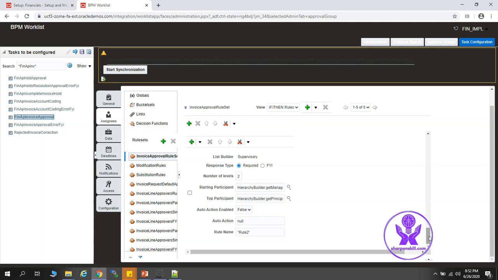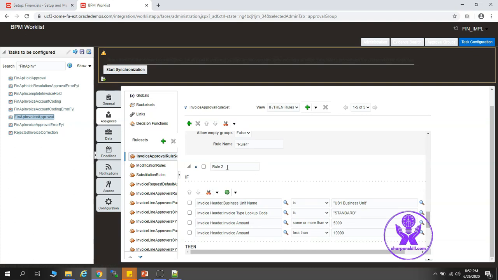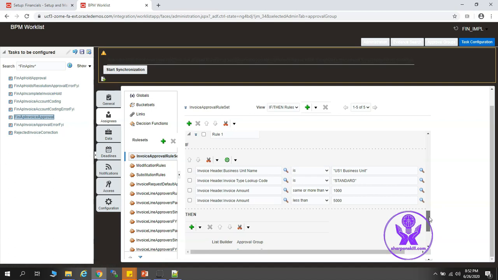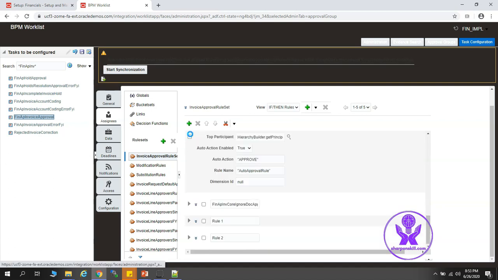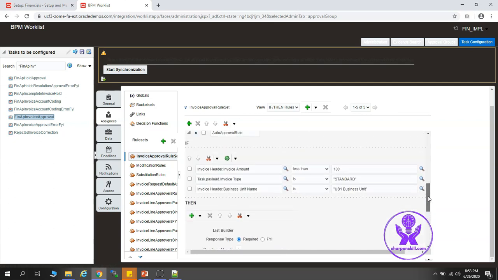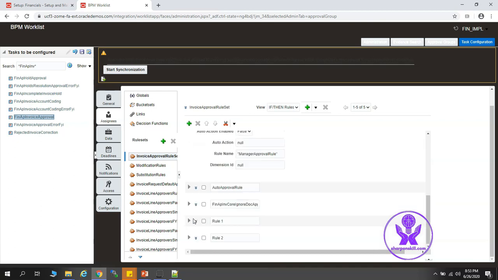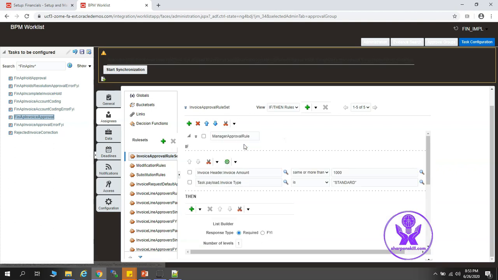Alright, so we are done with rule 2, rule 1 and the auto approval rule, right? So next thing pending is the resource specific approval. So let's copy rule 1 again and paste it now.